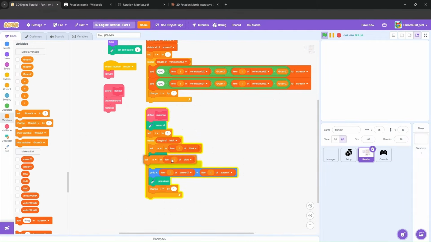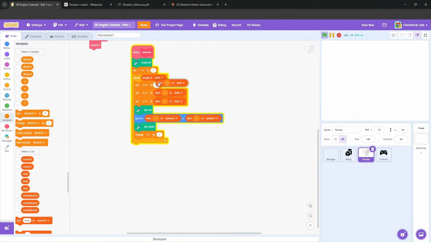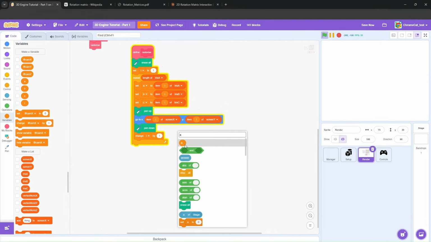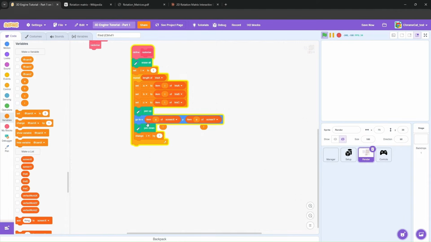And then we'll do set B to item I of tries B, and set C to item I of tries C. So remember, this is an index into the vertex list. So we need to replace I with our new index, just A and A. And then we can keep this pen down and copy this, and then we're going to,